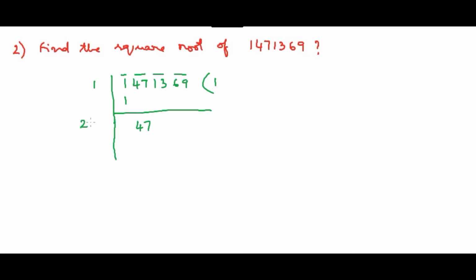Now we need to see which number will be sufficient. For example, next to 2, if I write 1 here, I need to write 1 here. So 1 into 21 is 21. This is not sufficient. Let me see with another one, that is 2. So 2 into 22 is 44. This is sufficient. Let me see with one more, maybe 3. If it is 3, 3 3s are 9, 3 2s are 6, 69. So it is not sufficient with 43. So we need to go ahead with 2 only.